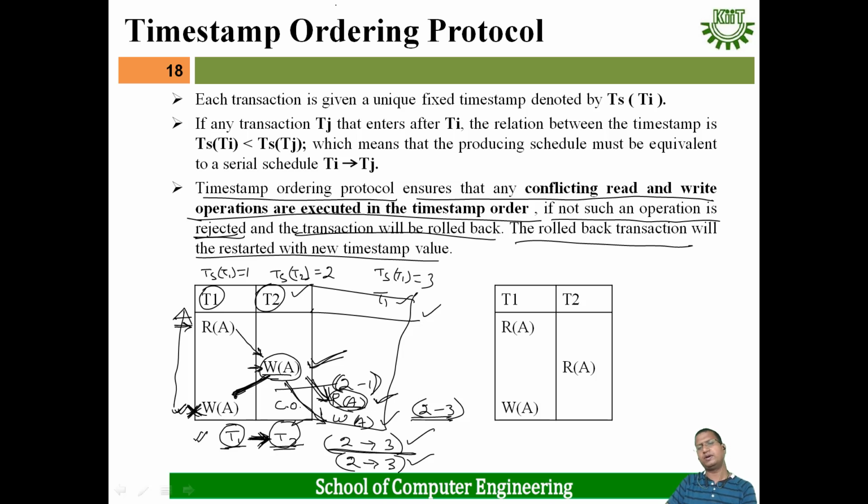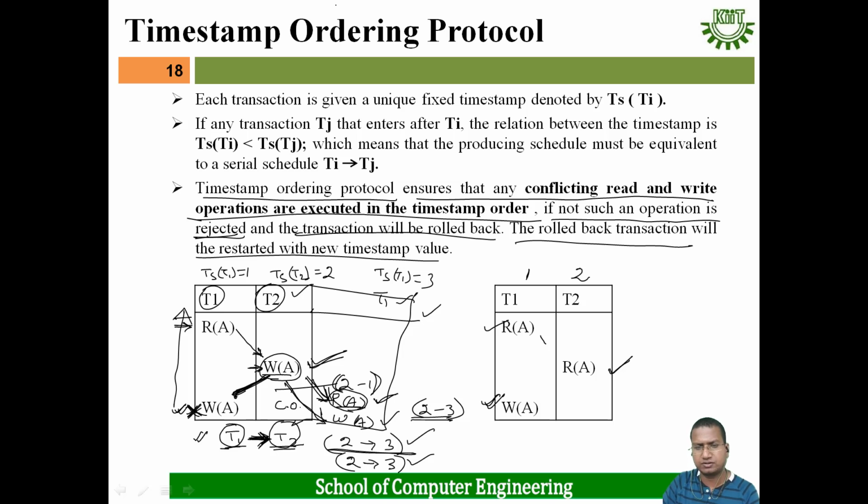Okay, concurrency problems will be avoided using this timestamping protocol. In this case, suppose T1 is the first transaction and its timestamp is 1, T2 is the second transaction, and its timestamp is 2. Now we'll see whether all the operations will be executed properly or not. First, a read A operation will be executed. This read A is not a conflicting operation, so it will not create a problem. It will execute it. Then when the write A operation has to be executed, will it be allowed or not?